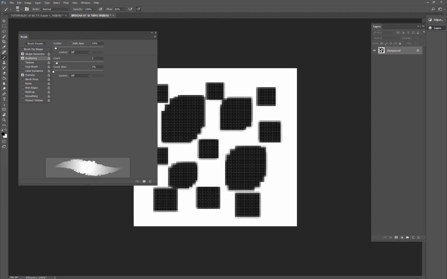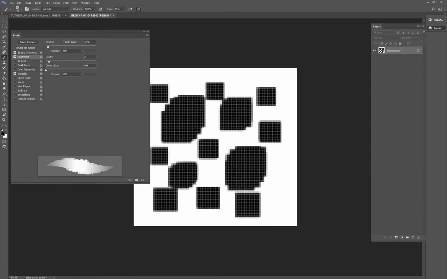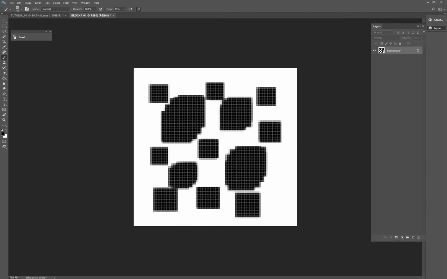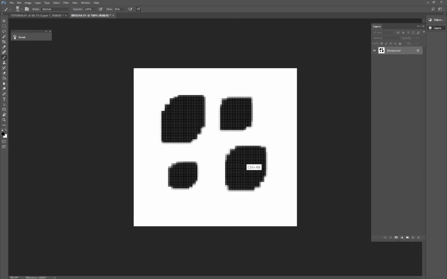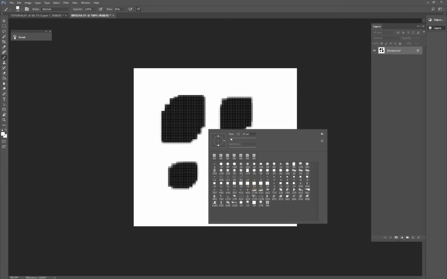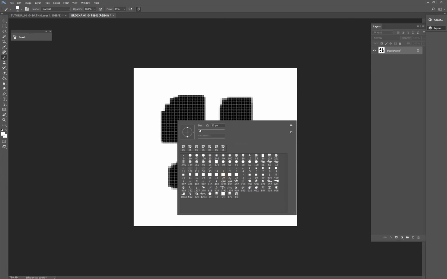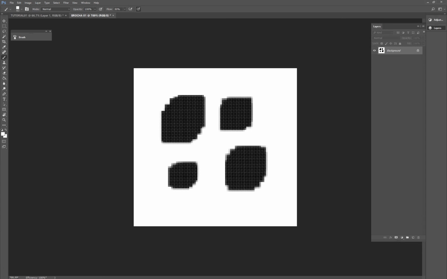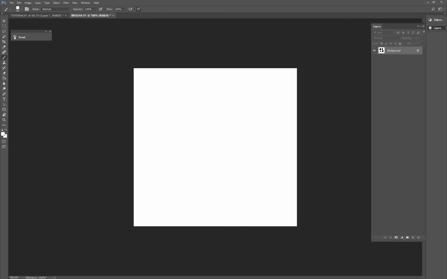Our second brush is for the grass, so our brush will be like a blade of grass. Okay, let's go back to our workspace. Let's delete what's there, and now we can create a grass brush. So the shape of a blade of grass is quite thin and long.